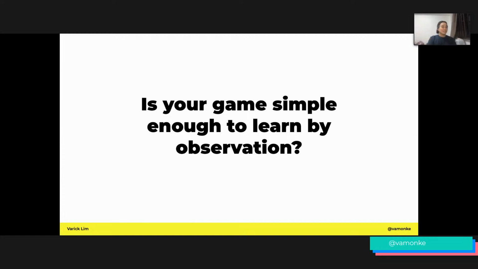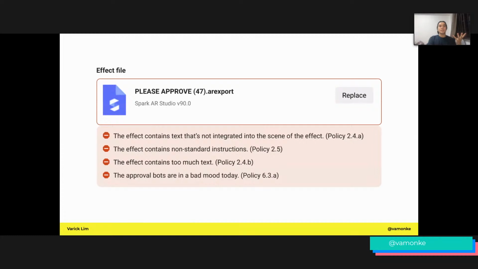Yeah. So, one other way to explain the rules of the game, obviously, is through text instructions. But as most of us know,